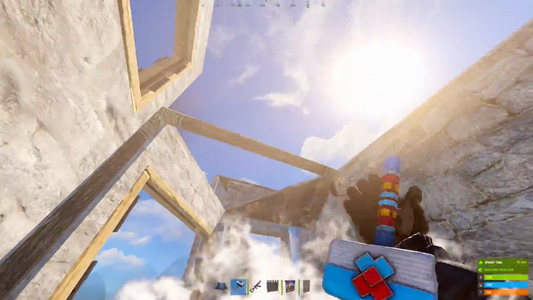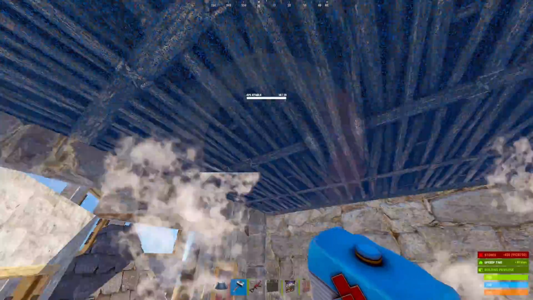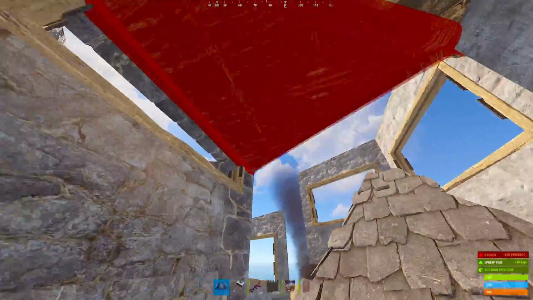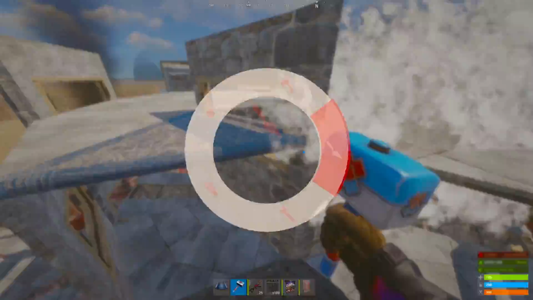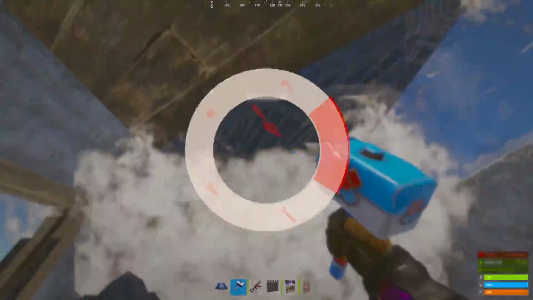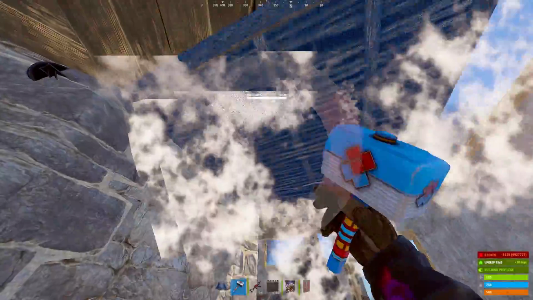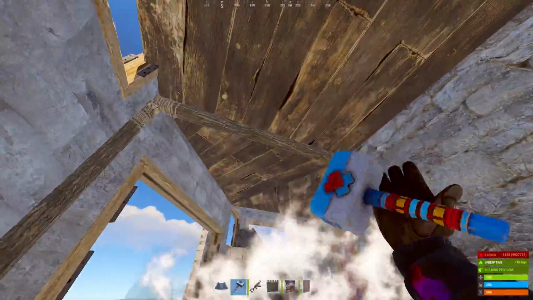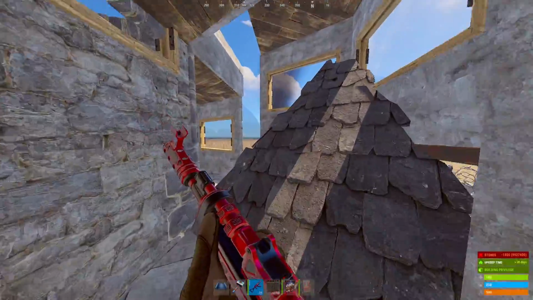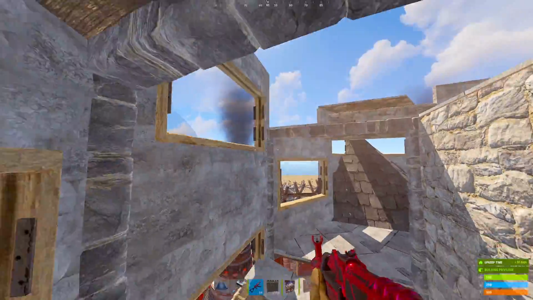Same thing here, double door frames in the center. Roof on top of here. And then triangle, triangle. And then the rest of the triangles around here. Two low walls. And then roofs on top of here. More frames. And then last triangle, seal this off. Now your entire shooting floor is sealed, and we can place the deployables such as